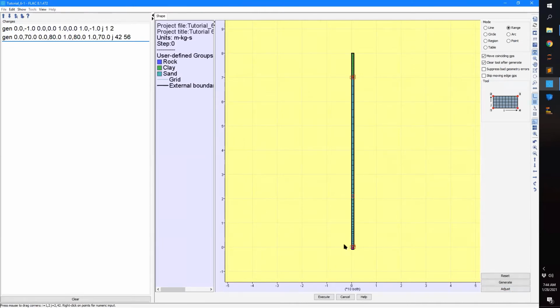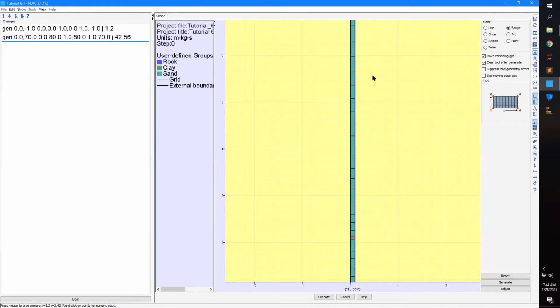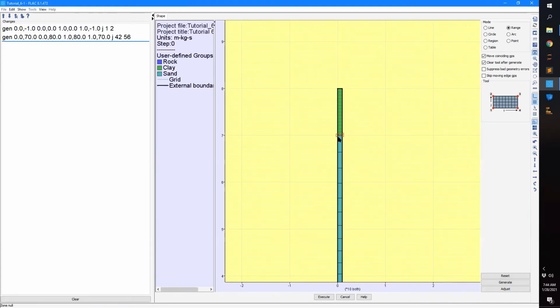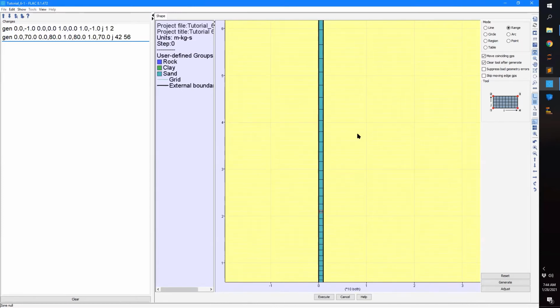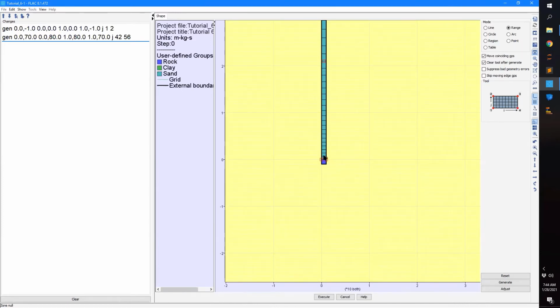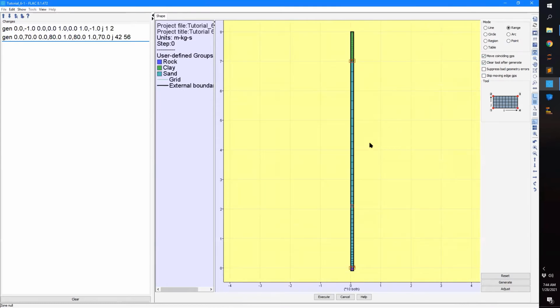What you can see is that it's tried to help us with deciding what the element size is going to be. So currently it's providing a mesh where the elements are smallest here and larger above. That's something maybe we want to do. But at the current time, what we want to do is just ensure that all the elements have the same